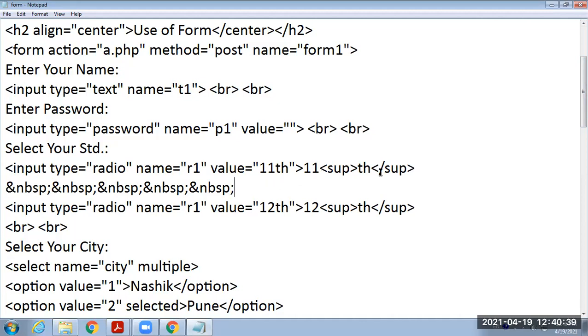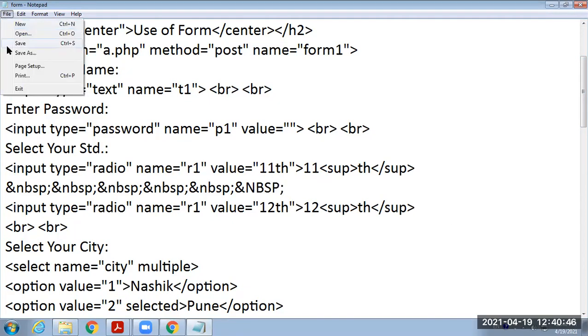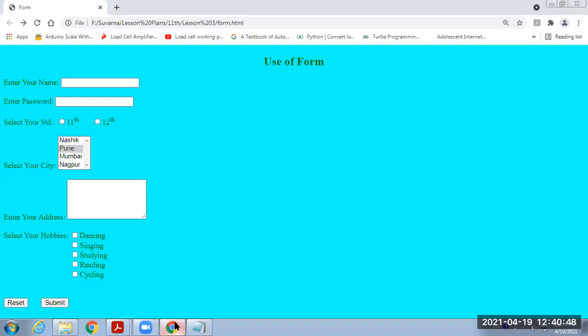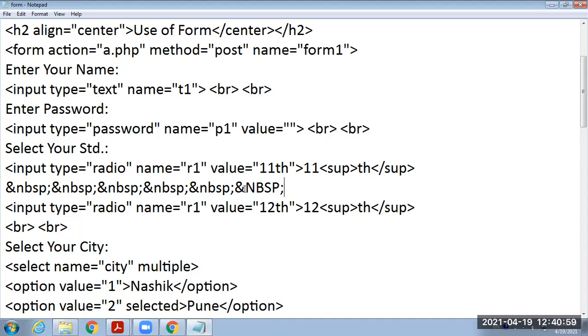If you are providing it in capitals like this, NBSP and then semicolon, let's see what happened. File save and then refresh. What happened? This data gets displayed as it is, as it is not a special character in HTML. The special character is only in small case, not in caps.